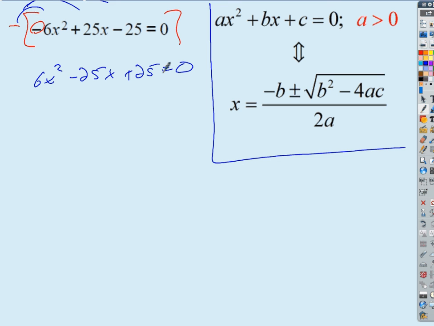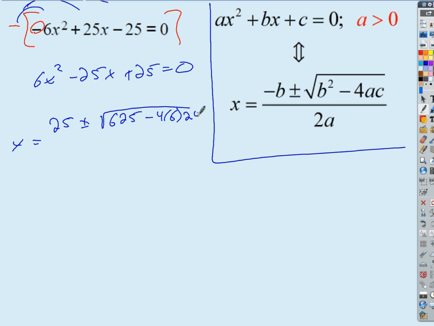If we do this, what do we get? So here's our quadratic formula. x equals 25 plus or minus the square root. If I'm squaring negative 25, what do I do instead? I never square a negative, I just square the positive, right? Or I risk making another dumb mistake. So I get 25 squared, which is 625, minus 4 times 6